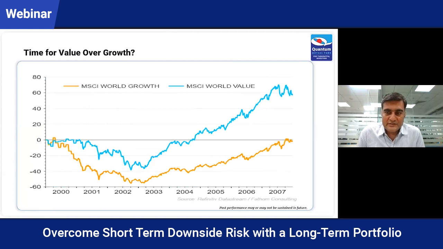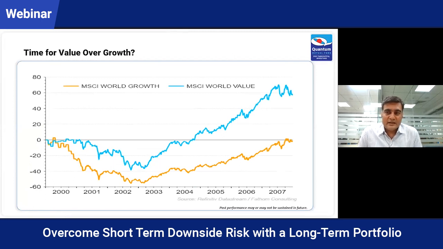Now, a lot of questions are being asked on whether value style is back or not. Between 2016 to 2019, value had a very tough time because the conditions then were totally opposite of what they are right now. We had very little corporate earnings growth, but a lot of liquidity. Few companies did well, and the valuations of those companies continued to move up. And we, being value managers, found it very difficult to justify and buy those companies.